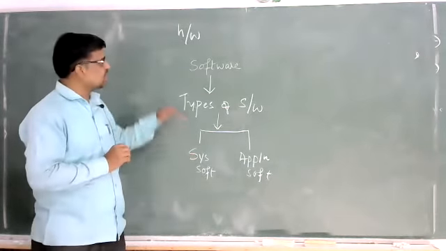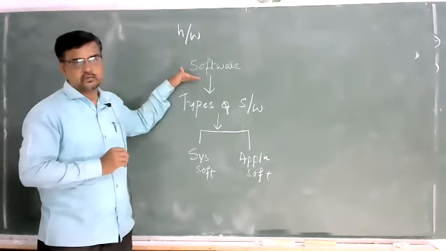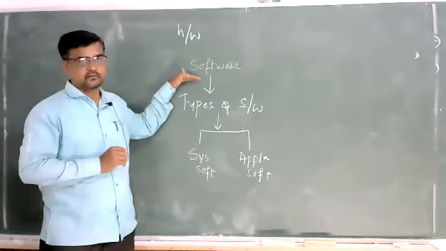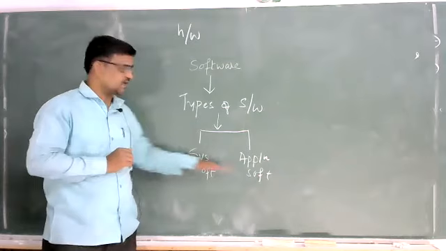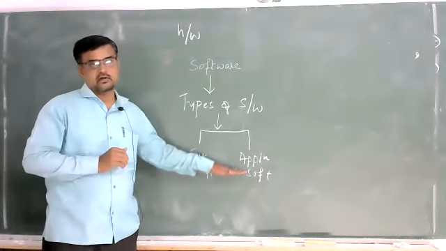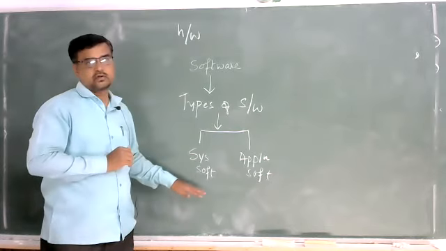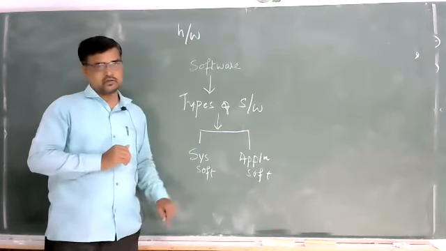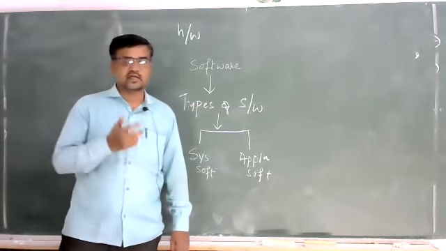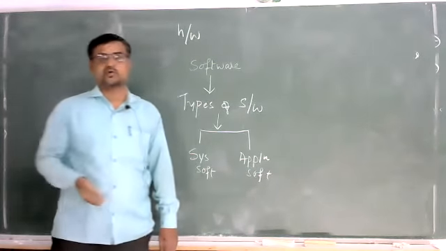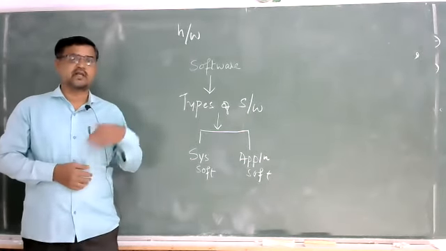I hope you people have understood what software is. Software is a collection of programs, or a set of programs. Types of software: we have system software and application software. A set or collection of programs which are written to interlink man and machine are called system software. An example is the operating system. Other examples are compilers and interpreters, which we'll come to know in the further sessions, where we write programs.